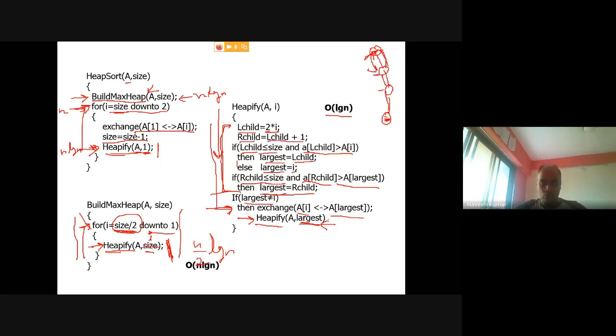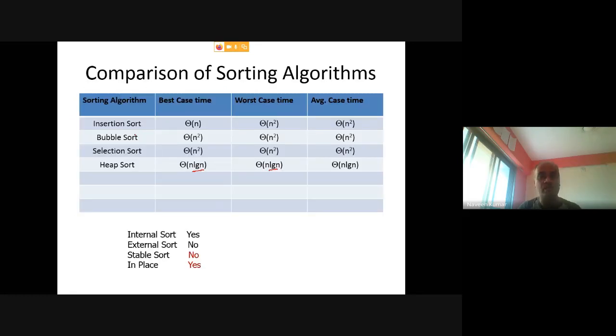So it will either go to the lowest level or one level before that lowest level, but it cannot remain at the root because initially it was a max heap. So in a max heap, the lower levels must contain the smallest set of elements. One of them you have shifted to the root. I hope you are getting this point, right? So here in the best case also this heapify will work for nearly log n time, right? So total cost will be n log n. So in the best case also it is n log n. Then obviously the average case will be n log n,